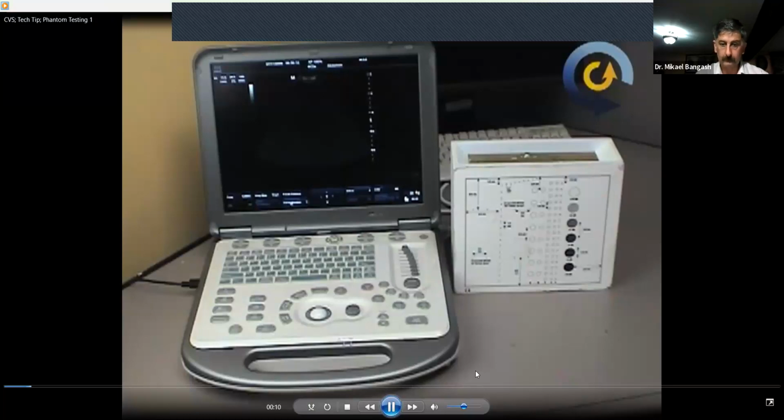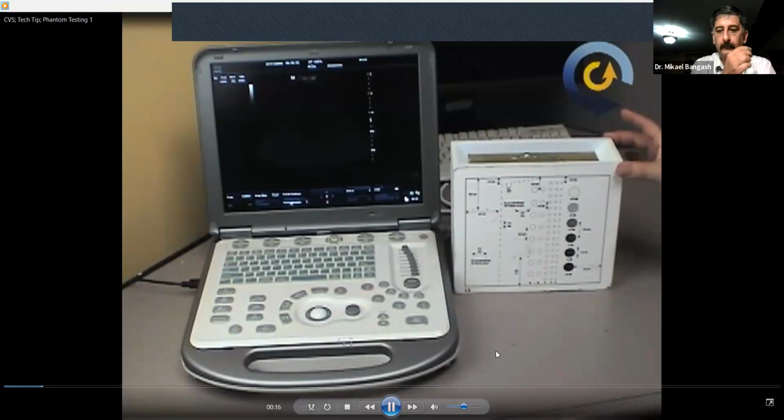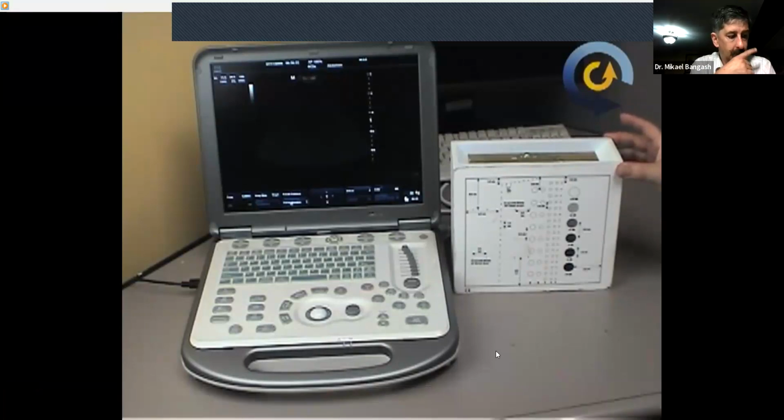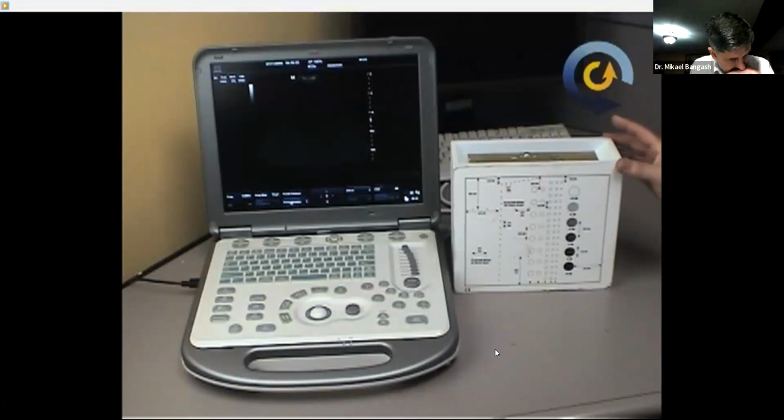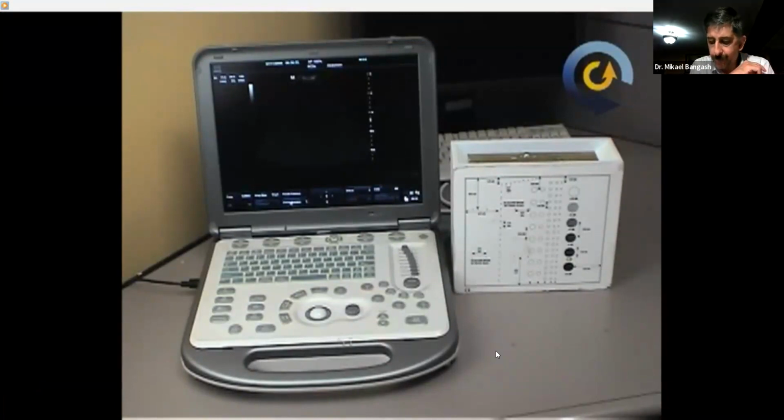Today we're going to go over the basic use, what it is, and why you would want to use a phantom. This is one of the most basic phantoms that you'll find. There's a wide variety of phantoms used for ultrasound, and in general a phantom just means something that takes the place of a body that you can image. The real advantage is that it gives you something consistent and stable, so you're looking at the same thing each time. When you make photographs of a phantom image on a particular ultrasound machine with a particular transducer,